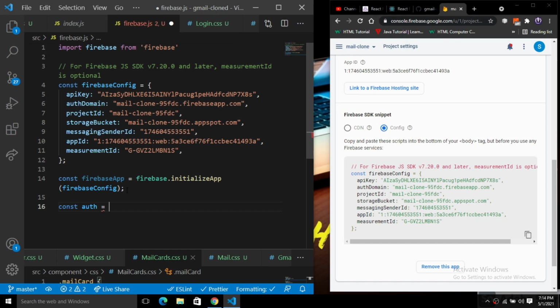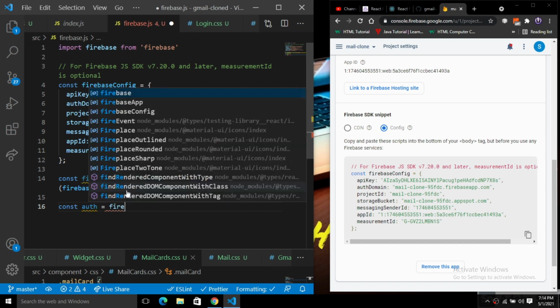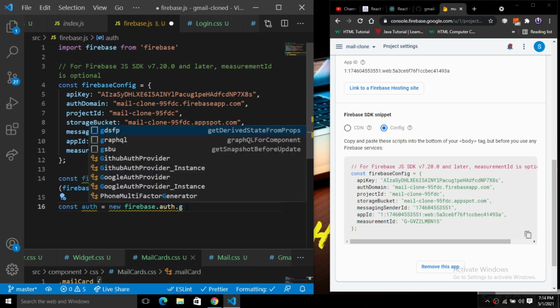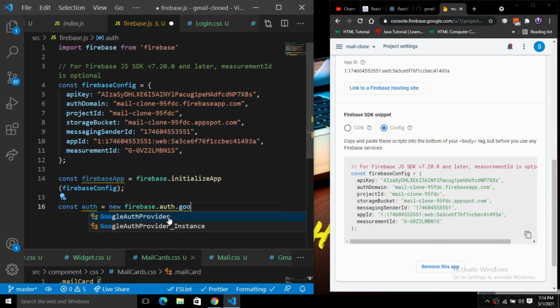So here we have this auth, and we will use Firebase dot auth, and you have to simply put a new. Basically we will create an object of this: new Firebase dot auth dot Google Auth provider.